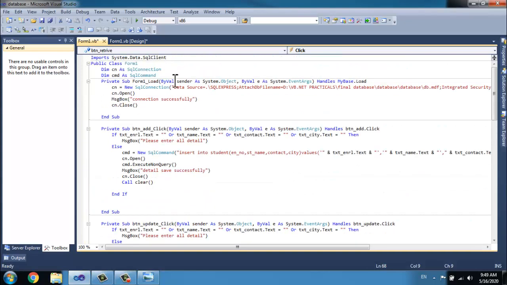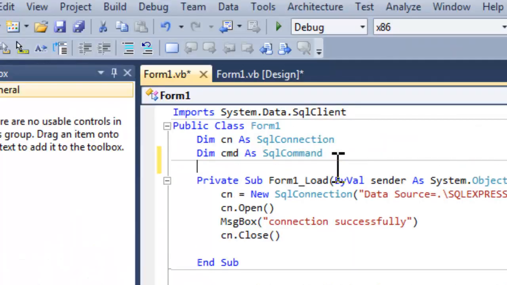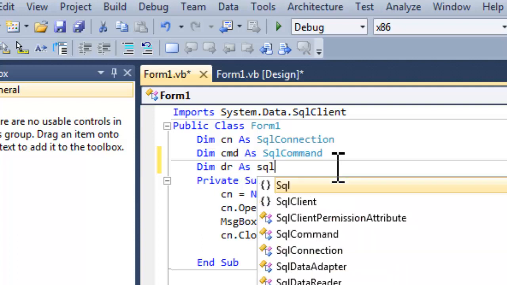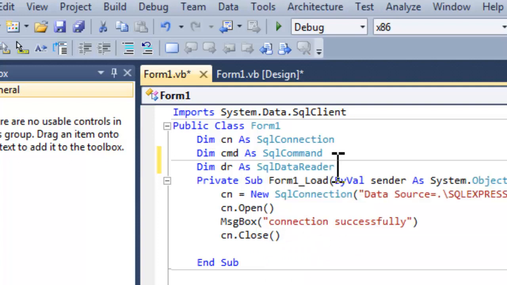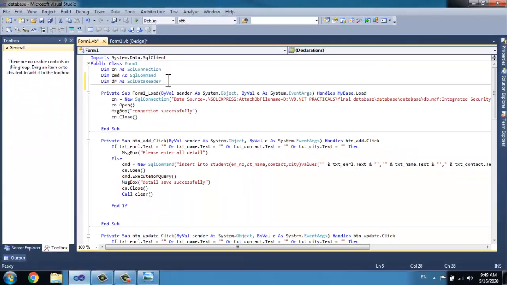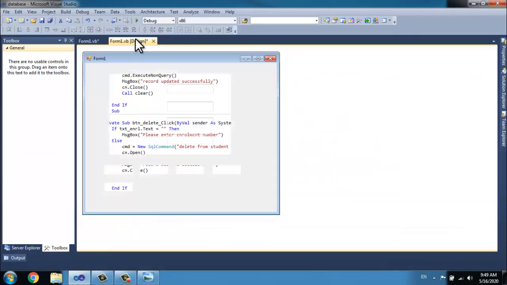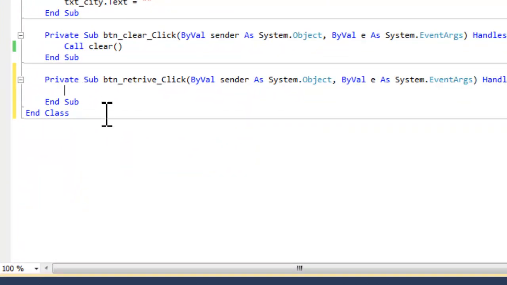You enter Dim, we give the object name as dr As SqlDataReader. This is the first step. We have to declare an object for the SqlDataReader class. I have given the name dr. Now the second step is to go to the retrieve button click event.